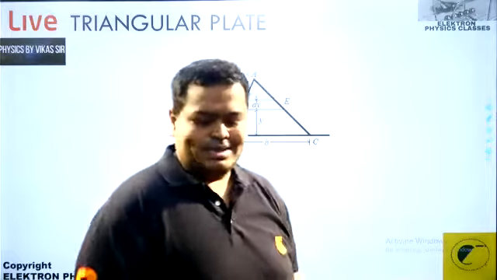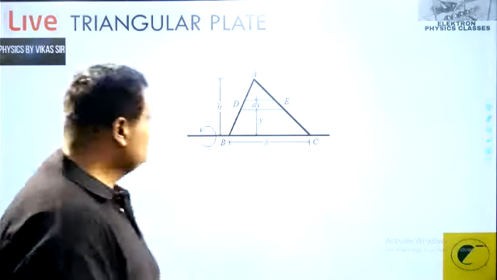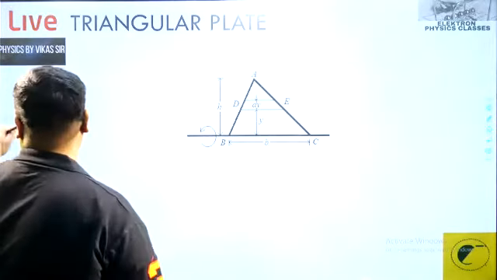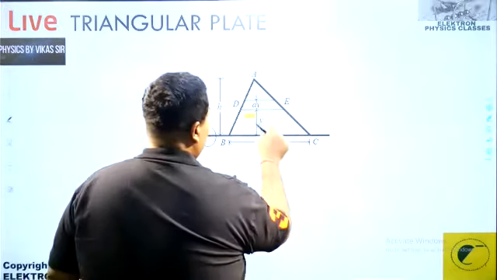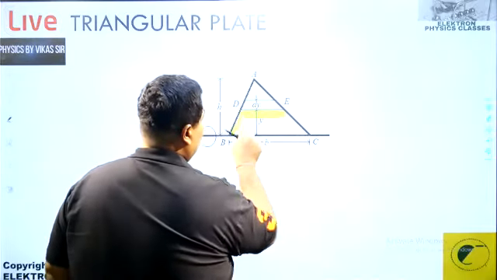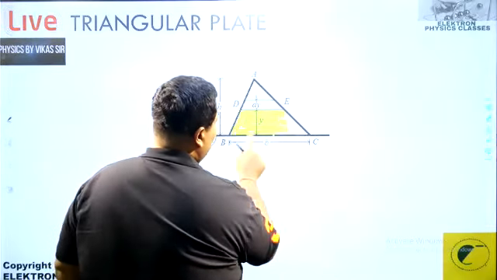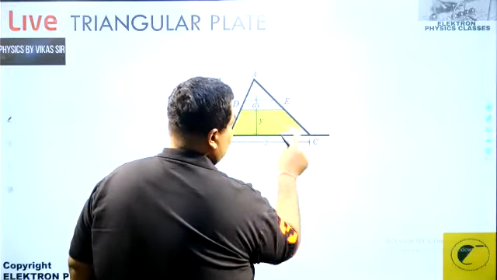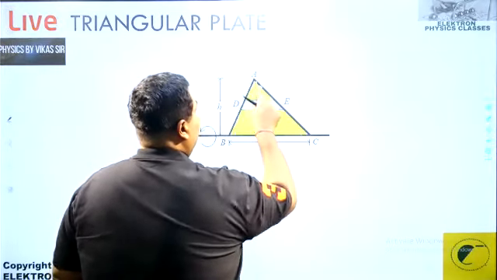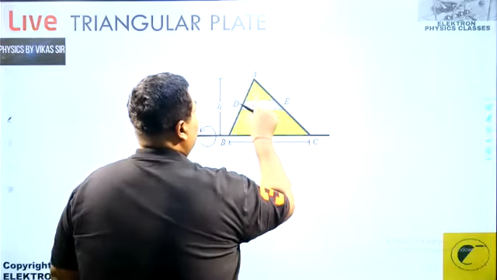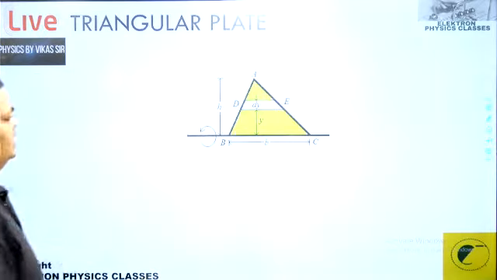Another important result is where we have a plate here. It's a triangular plate, the complete triangular plate. And for this, about the base axis, we need to calculate the moment of inertia. That is about the base axis. We need to calculate this, right?